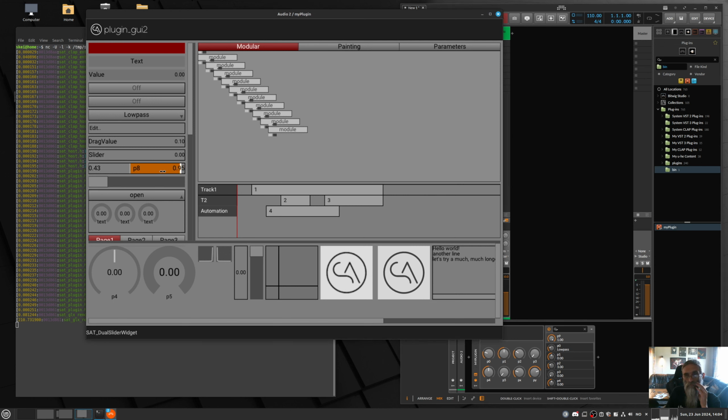Where is it? No, it's not connected, so you don't see it actually. You see it more in these 8 and 9 here. This is parameter 8, on the light side, and this is parameter 9, in the same widget. I still have to add some things for what happens with the cross, because it's stupid to edit the left value and see the right